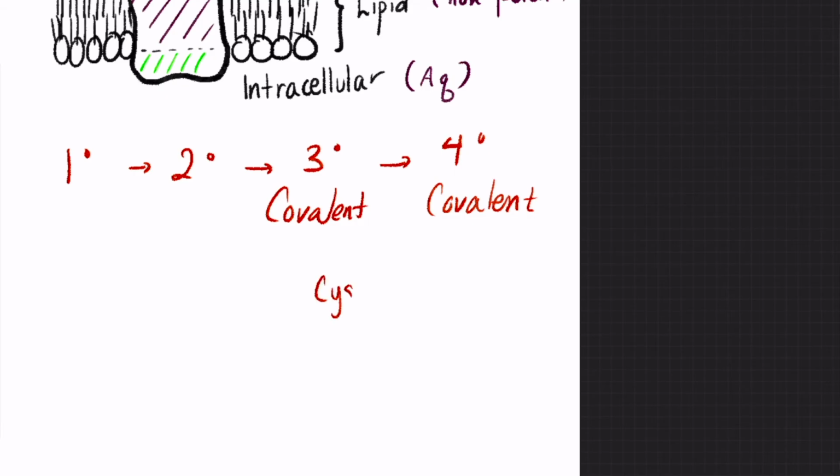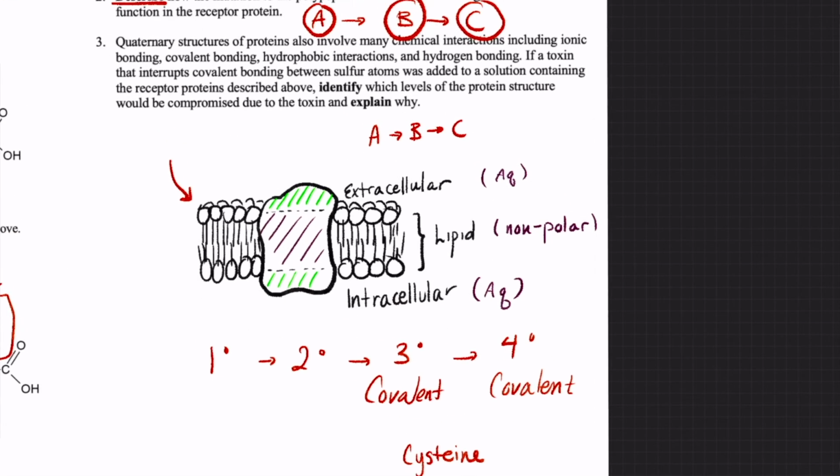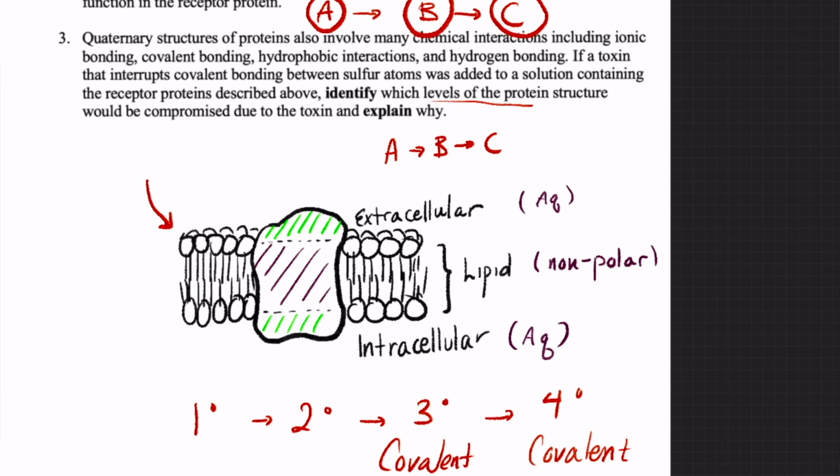If you remember, there is an amino acid called cysteine with a sulfhydryl group. And what happens when two sulfhydryl groups combine together is that an H2 gas is removed, and we have what we call the disulfide bridge, which is a very strong bond that holds the structure of both tertiary and quaternary structures together. So if they're asking which level of the protein structure would be compromised, that would certainly be the